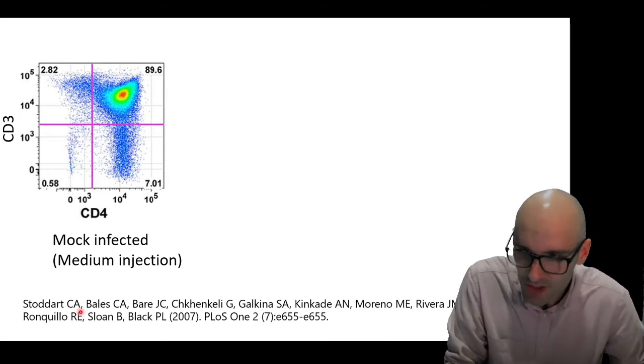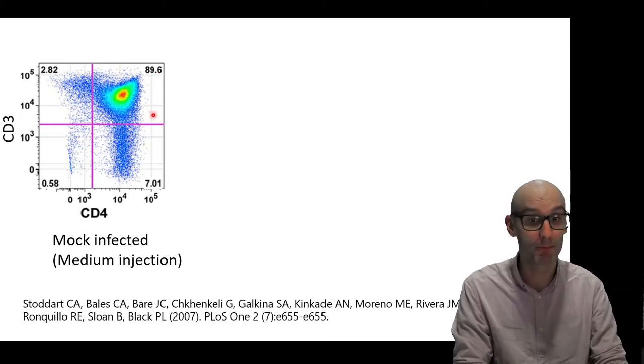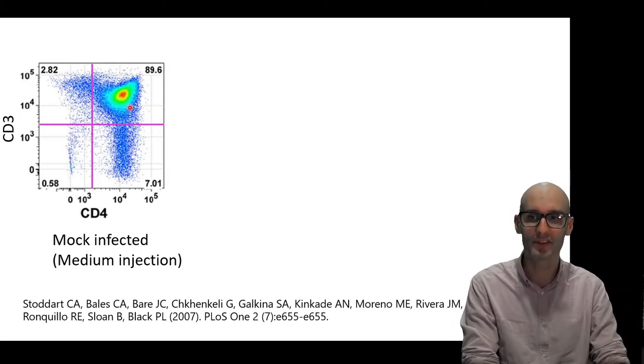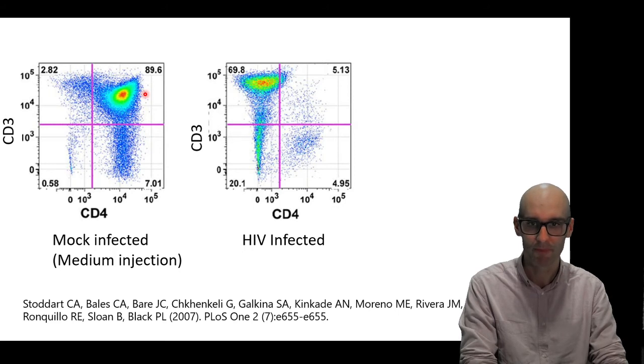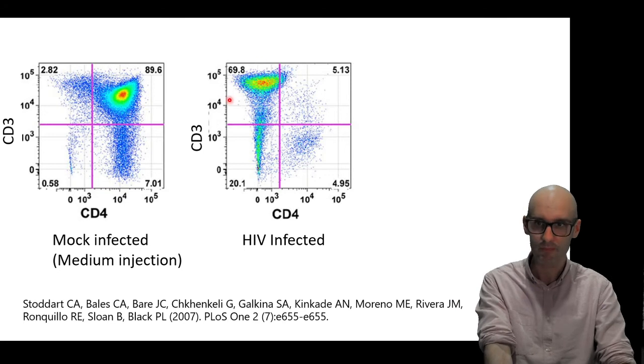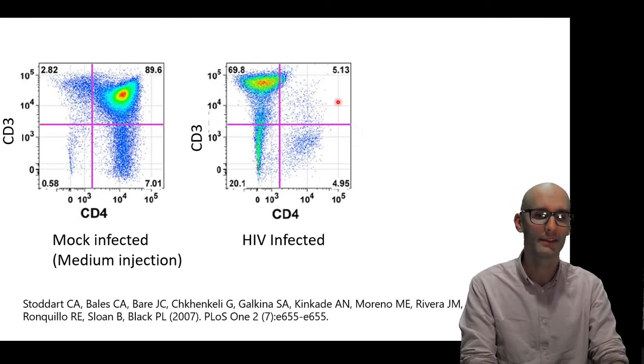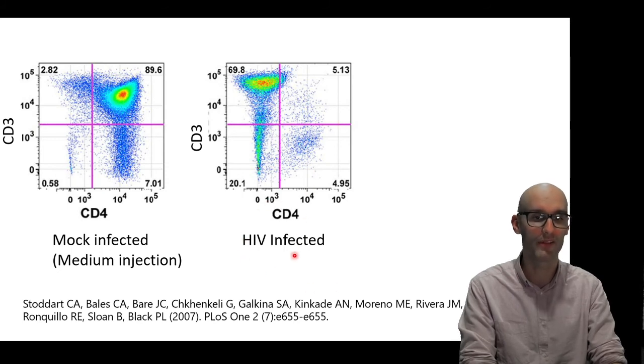Anyway, so we've got these mice with T cells floating around the blood, and here's a flow cytometry plot. CD4 positive cells up here and CD3 positive. So these are our CD3 positive, CD4 positive cells. And when we infect them with HIV, we see that population disappear. All the CD4 positive cells disappear. And so these are our cytotoxic T cells that are left over, right? So we've got these cytotoxic T cells, but we don't have any CD3, CD4 positive cells